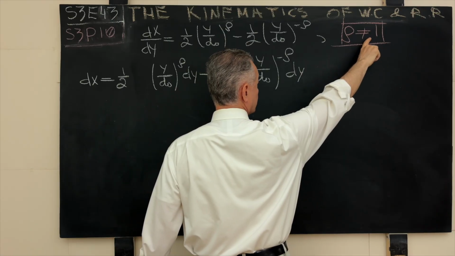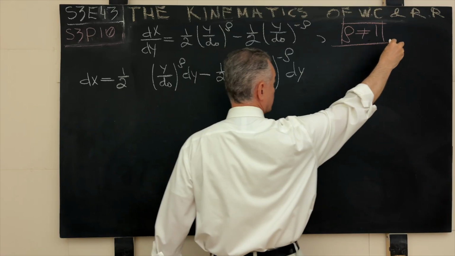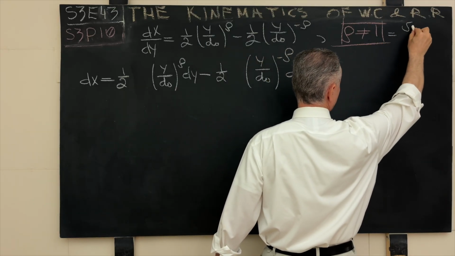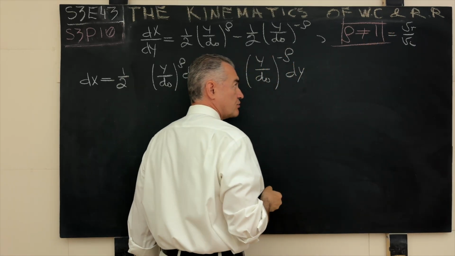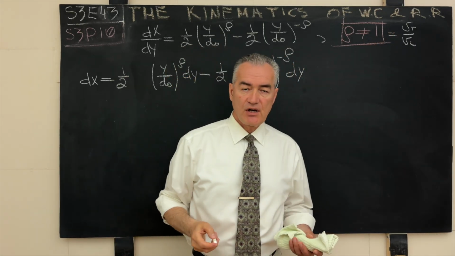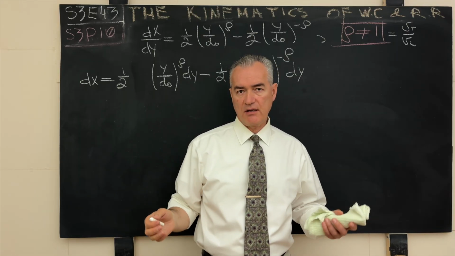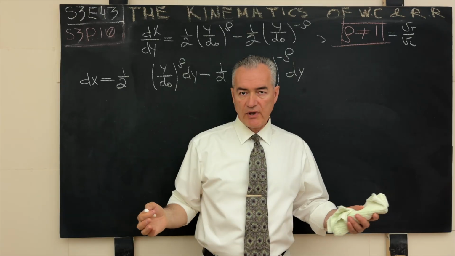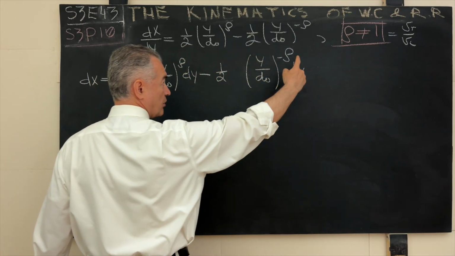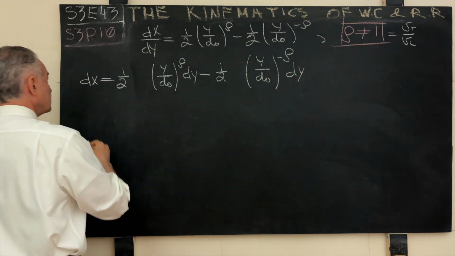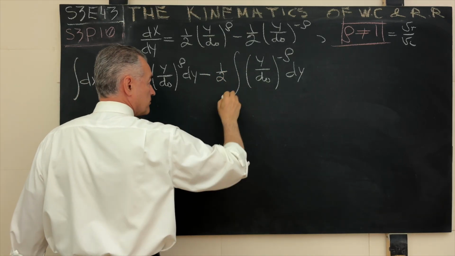And we take first the case when rho, the ratio, remember that rho is the ratio of the velocity of the runner to the velocity of the chaser, is not equal to 1. Technically, that means that our beloved friend Wile Coyote and the Road Runner are moving at different speeds, not at the same speed. We will consider the same speed case, rho equals 1, separately. So here what do we do? Well, we evidently integrate this bad puppy through.